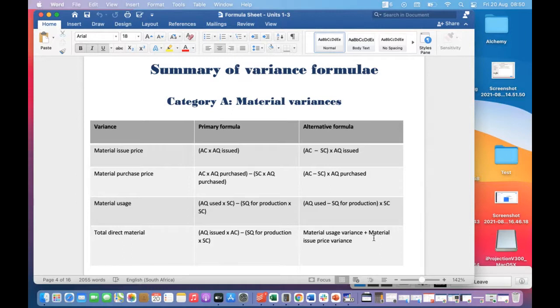So what's the assistant? The budgeted cost. Sometimes they'll say the standard cost. What's the difference between include issue and include purchase? Because it said include issue, and now purchase is not the same thing. So the formulas are quite the same. I know there is supposed to be a difference.